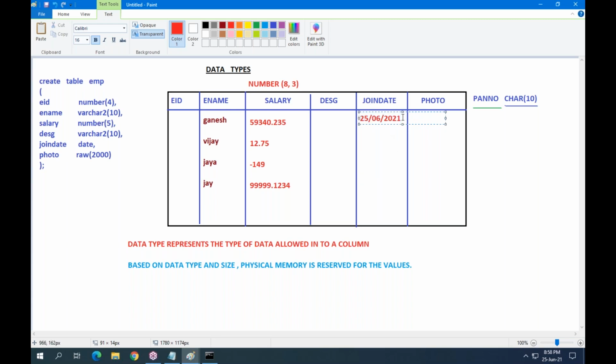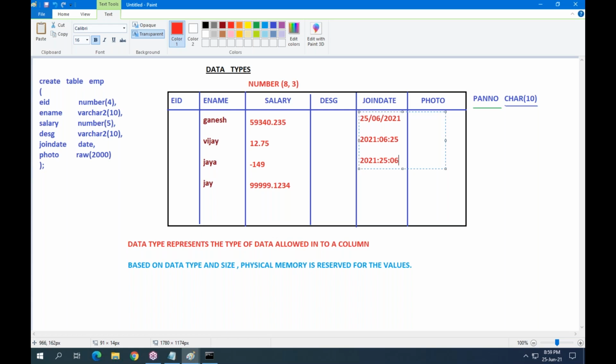In our country, in USA, in different countries, different formats are followed. 2021 and 06 and 25. In other countries, 2021, 25, with the month 06 at last. Different countries follow different date formats.